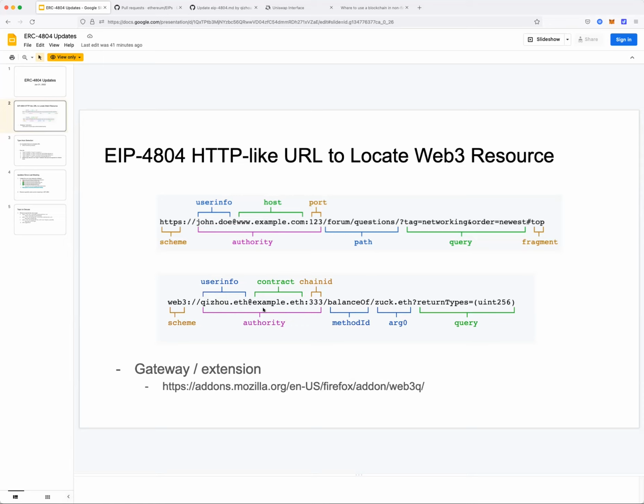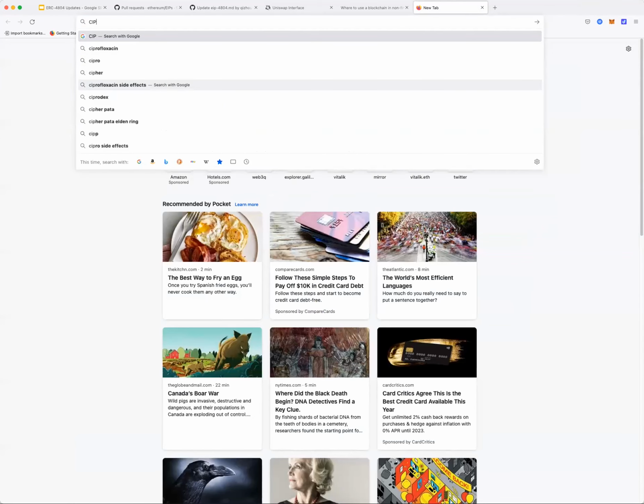Because I think the big problem here is that this might be a better fit for the CIPs, which is the cross-chain standards working group with Pedro from WalletConnect and all those folks, versus an EIP. You see what I'm saying? CIP. Or what is the full name? It's the CIPs.